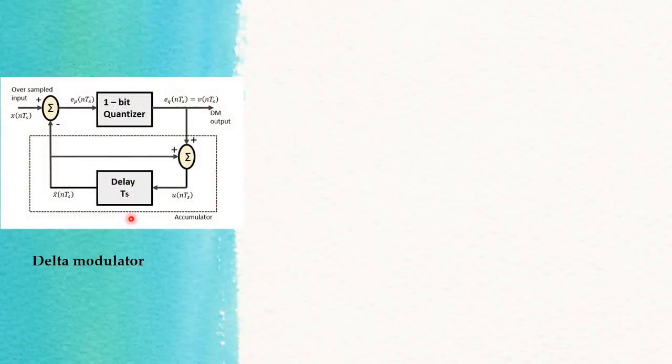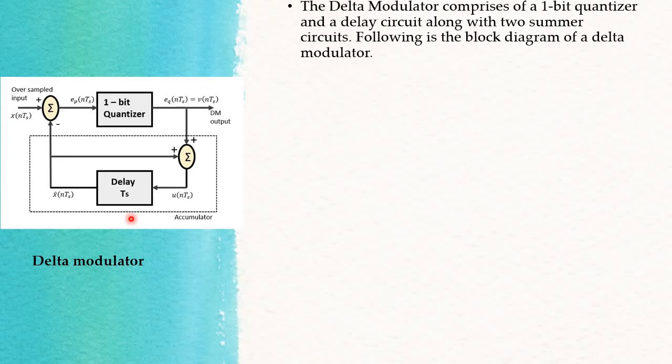Then the delta modulator. So this is the first type of delta modulator which we are going to discuss. In this type of delta modulator we are using a 1-bit quantizer, where the input of the 1-bit quantizer is based on the comparison of the current input and the approximated version of the previous input, or the previous output actually. So we make a comparison, and based on that comparison we are generating the error. Now this error signal is given to the 1-bit quantizer, and the 1-bit quantizer will generate your output, that is +1 or 0.